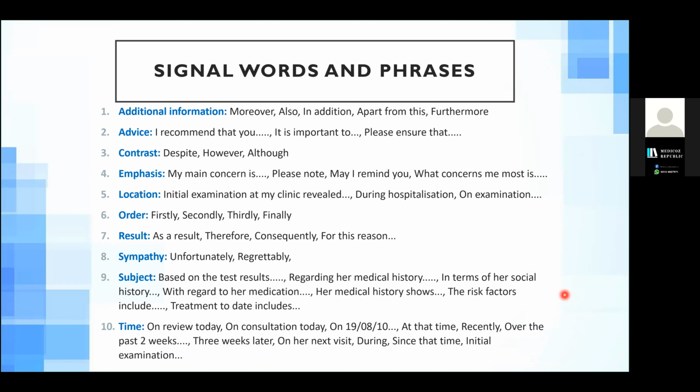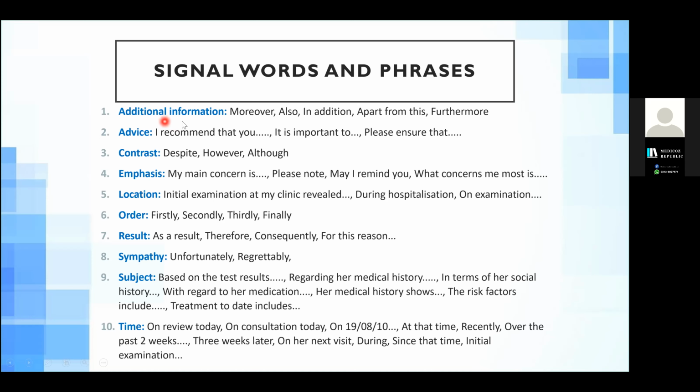They signal that I am going to recommend something, or that my main concern is something, where you are emphasizing something. For example, we are going to say, "My main concern is that he might be having an extradural hematoma." So we are putting emphasis on something. We are diverting the attention of the reader towards something that is very important and very concerning. So let's take a look at these.